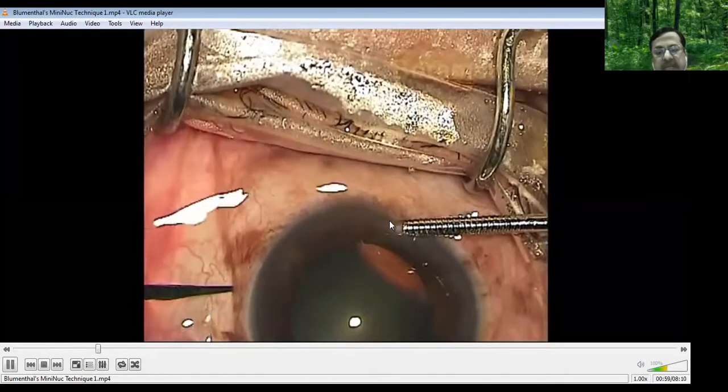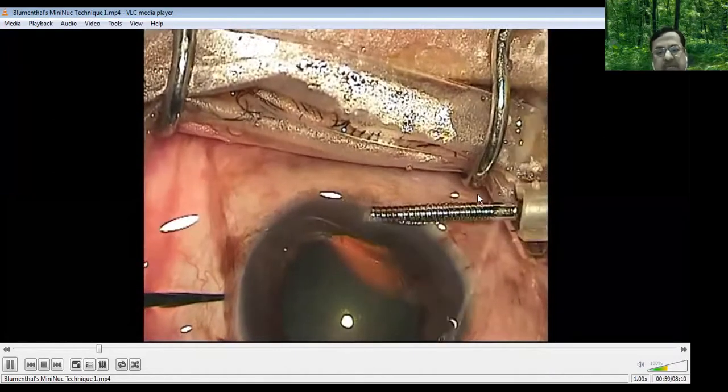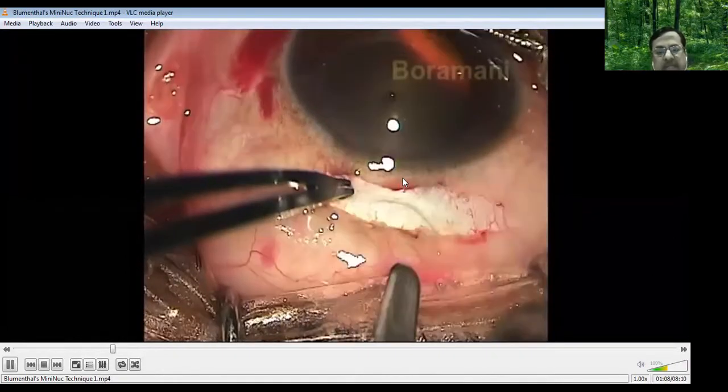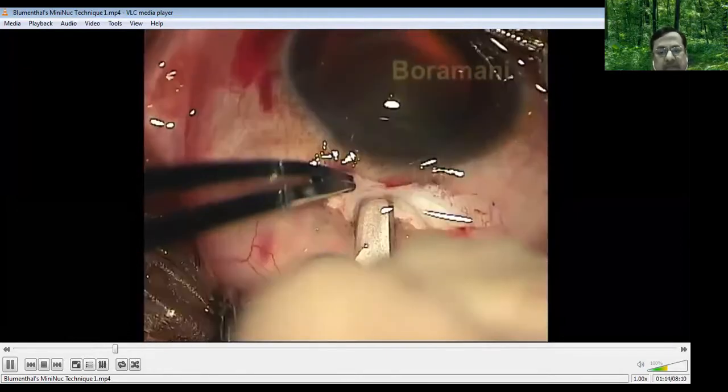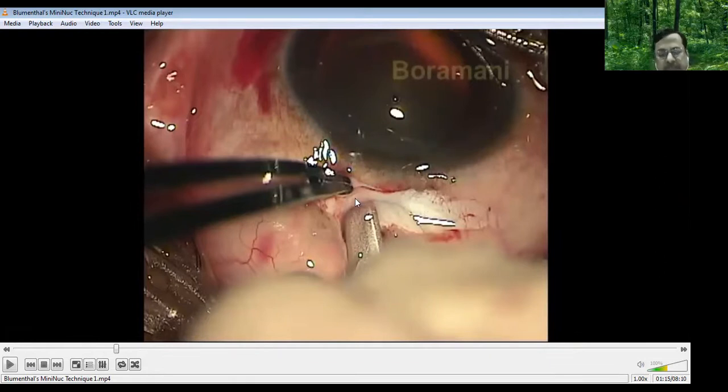Now, this is the anterior chamber maintainer, which is connected to the balanced salt solution at a height of 60 centimeters through the IV tubing. So now the anterior chamber maintainer is on and the globe is pressurized. So I am doing the dissection of the sclera. Generally, I do the dissection directly with the crescent knife, but the beginner should not do this. The beginner should make a cut with the scalpel blade, form a groove and then start dissection. But once you become expert, the shape is already in your mind.